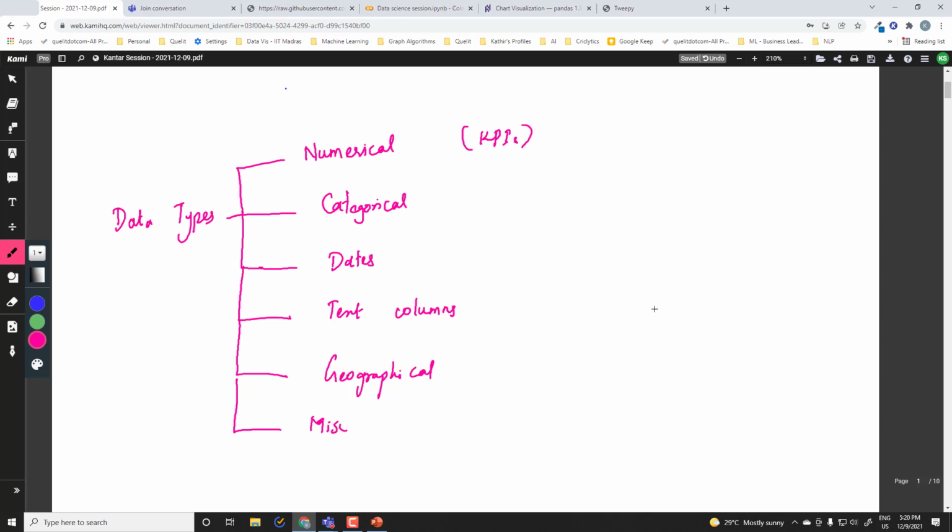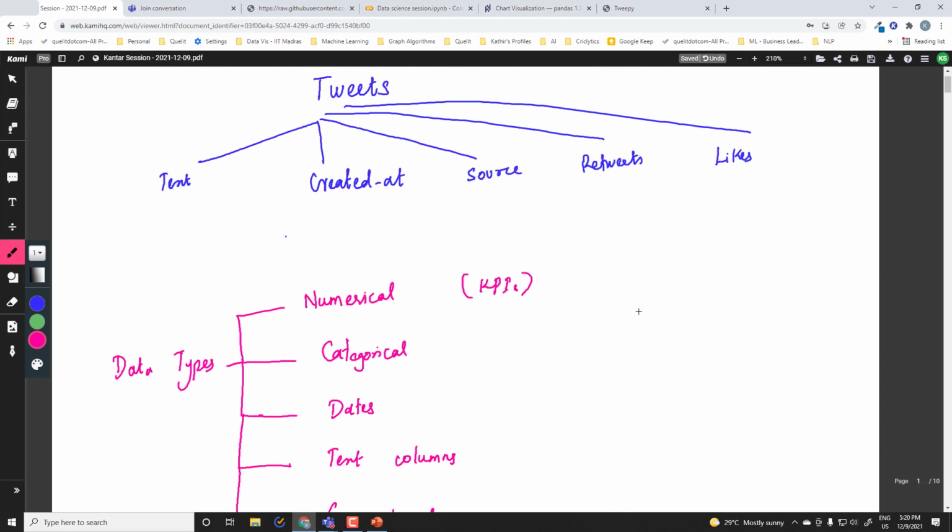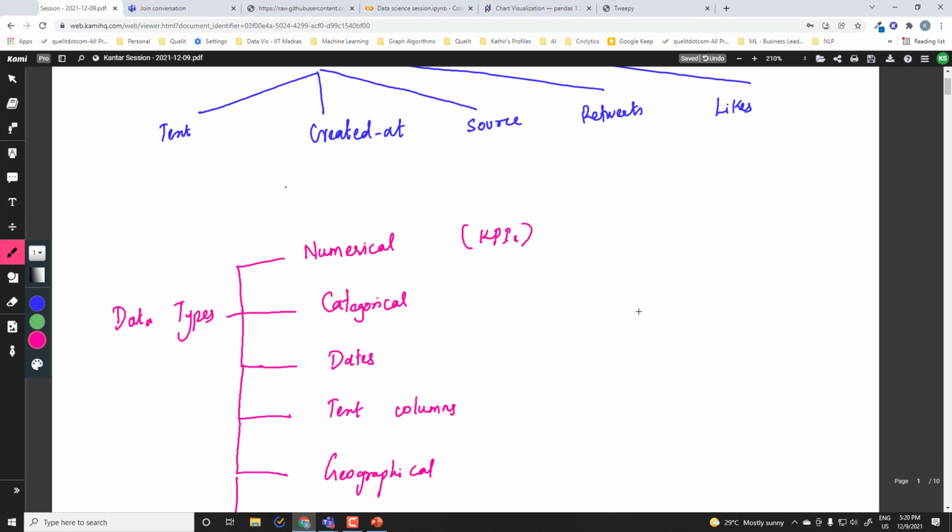The reason why you need to divide or identify what data type each of your column belongs to is very critical in data science, because if you have numerical column, we used to do something called as distribution analysis. If you have categorical column, not like always, but used to start with frequency analysis.